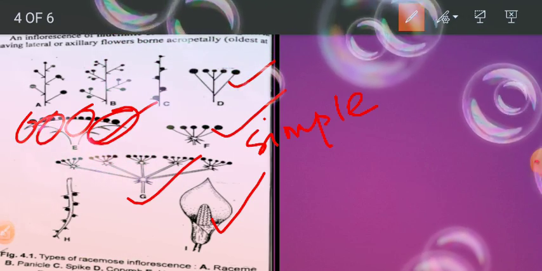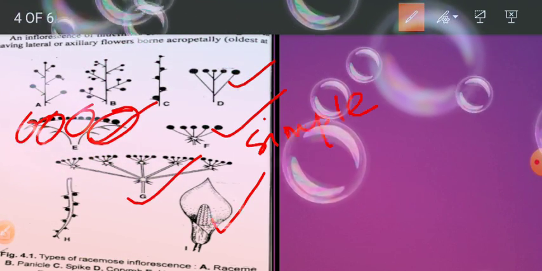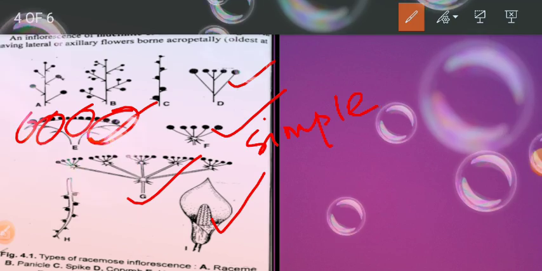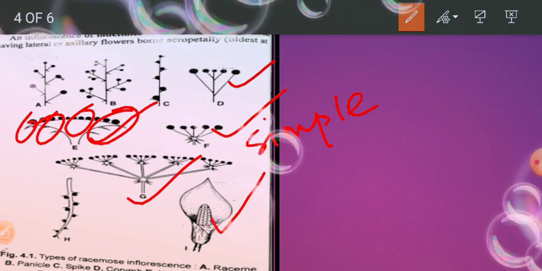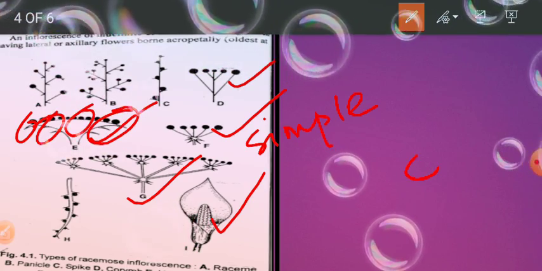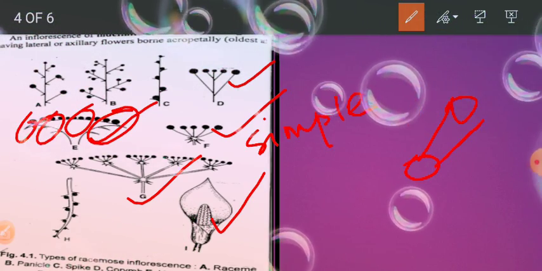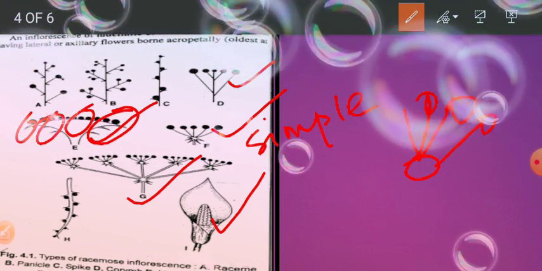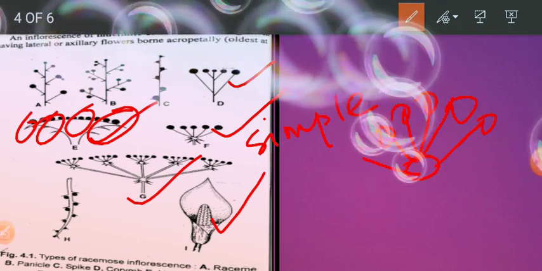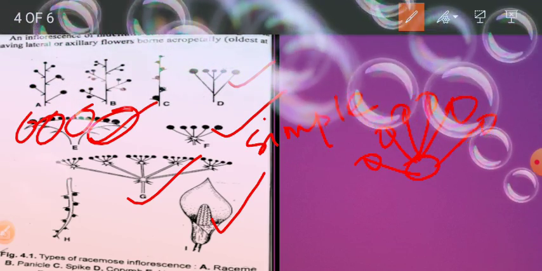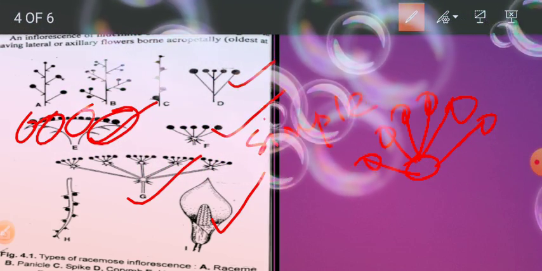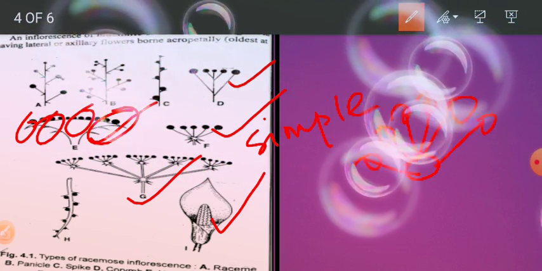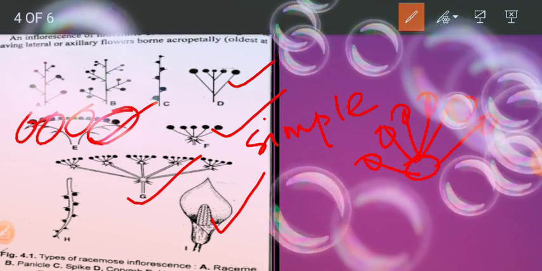That's what it said, that the umbel type means the type of the racemose in which several pedicellate flowers arise from a common point. You can see here from one single point there arise so many stalk-like structures, or so many flowers arise from a single point. So in that case this is known as the umbel type.